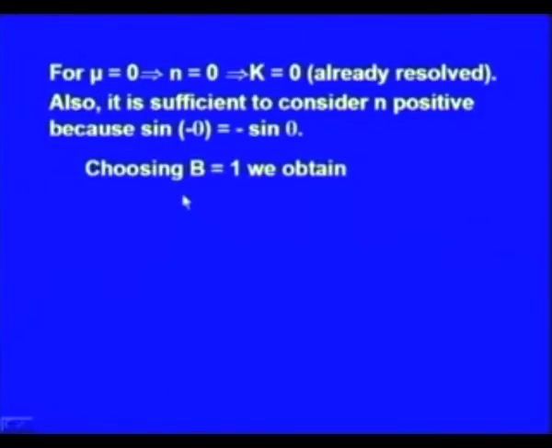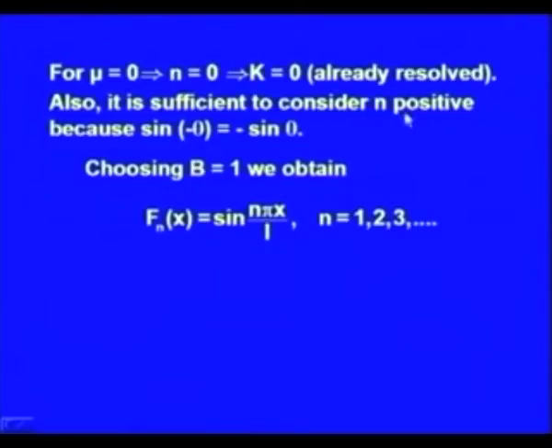So, now it is sufficient to consider n as positive integer, because sin minus theta is equal to minus sin theta. So, now for convenience, we can also take b equal to 1, and then we shall get the solutions as sin n pi x over l, where n takes values 1, 2, 3 and so on. So, each value of n is giving us a solution of the second order ordinary differential equation for f, and so we denote them by f_n(x). So, f_n(x) is equal to sin n pi x over l when n takes values 1, 2, 3 and so on,